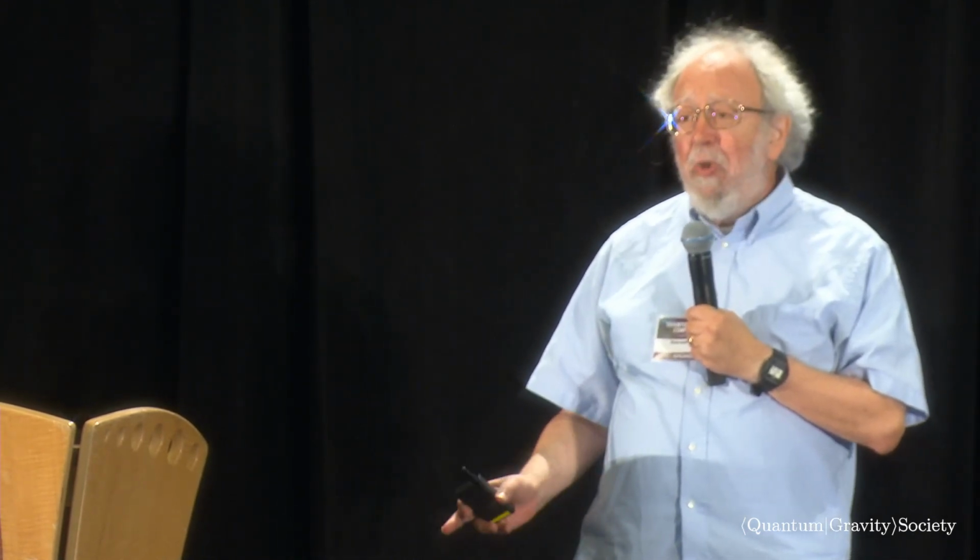Causal set theory adds 2 more conditions to this. The first is a causality condition, that there are no points x and y such that x is in the past of y and y is in the past of x. In other words, no closed time-like curves, no time travel. The second is a discreteness condition. It just says that given any 2 points, x and y, there are only a finite number of points that lie between them. Now, that second condition is worth amplifying a little bit because it will be coming up later